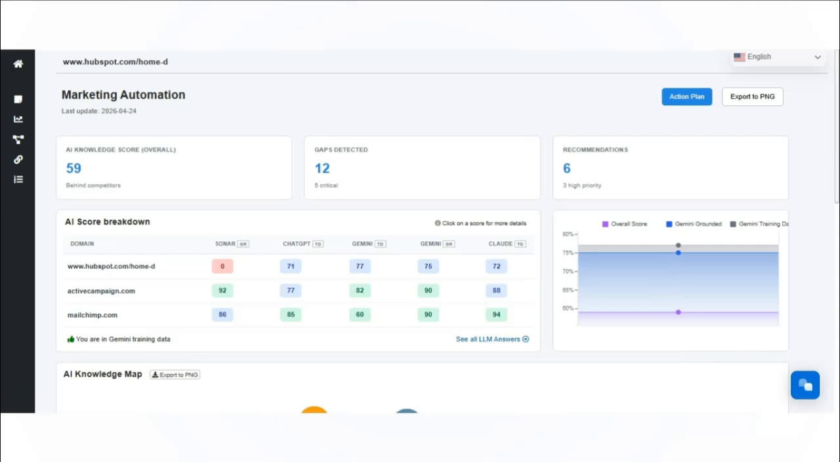First, overall topic performance. This gives you the big picture. You want to understand, is the brand strongly associated with this topic? Is it weak compared to competitors? Is it present but not dominant? Is it missing entirely? So for HubSpot and marketing automation, maybe the report shows that HubSpot has decent visibility, but